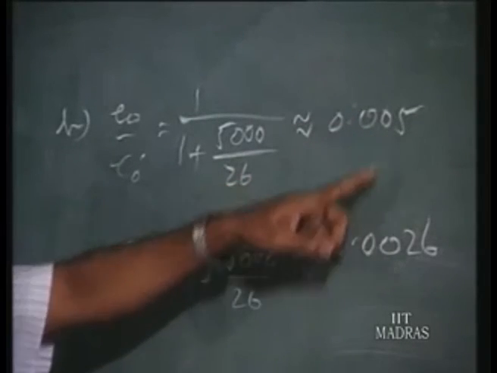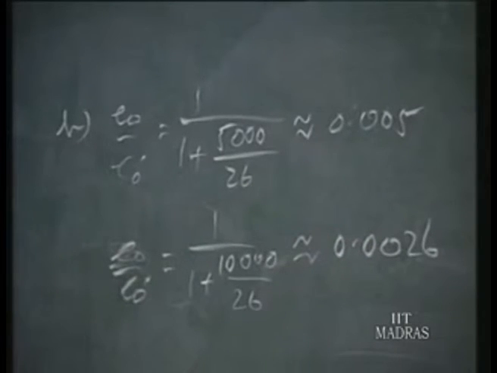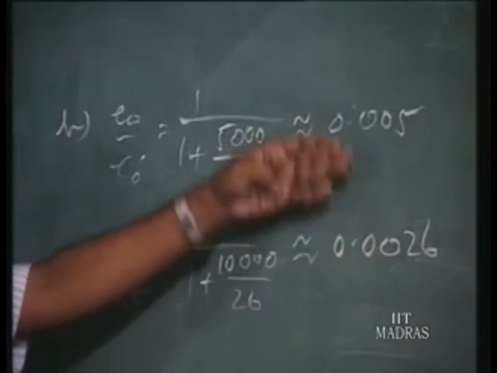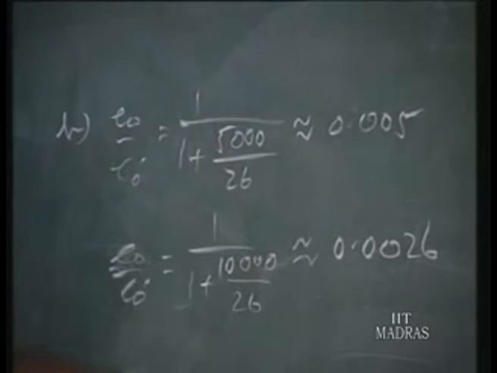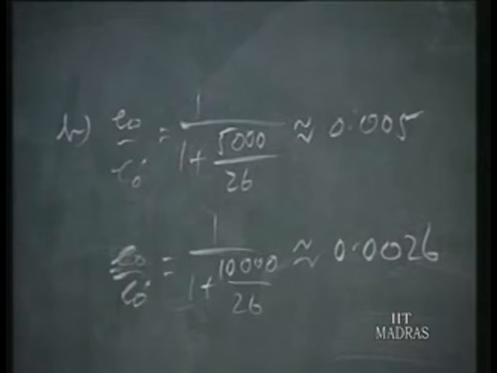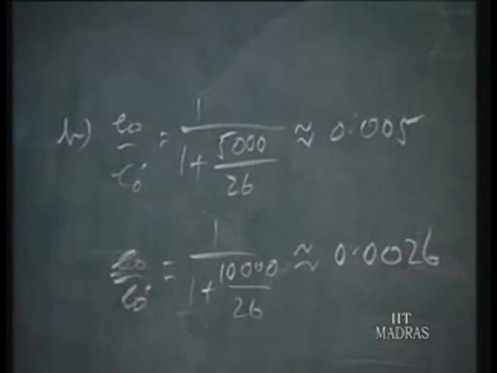The 0.05 is nearly twice this value. Previously you find both were near about 1, of the same magnitude, but in this case one is of one value and the other is of another value. So the loading effect is very large and varies wildly. So this is the situation, and this cannot be compensated by calibration.